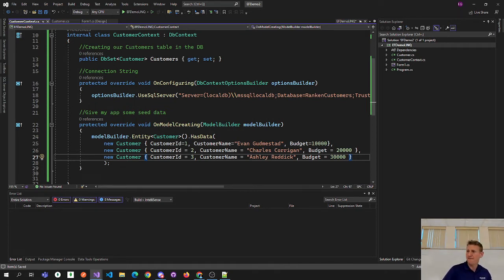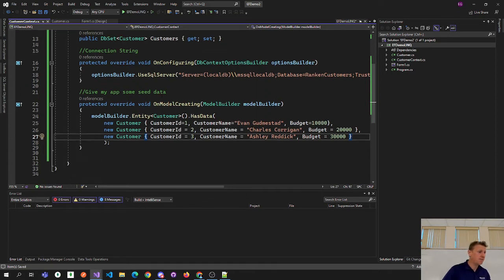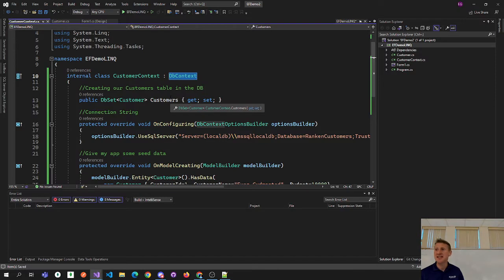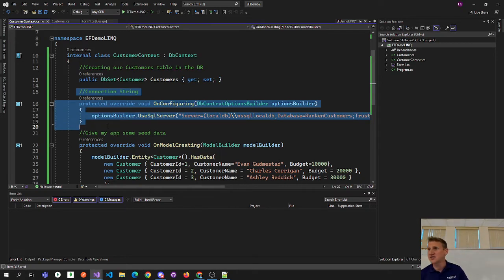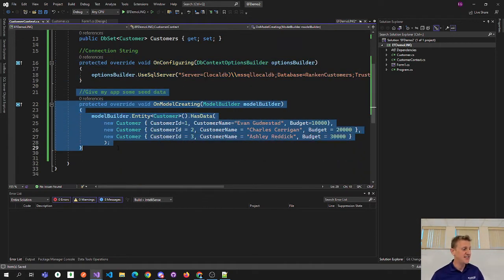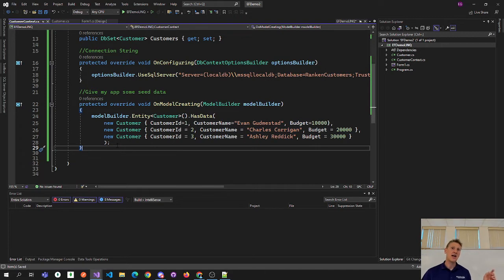the next step. Okay, and so we're now at the point we've created our entity. We've created this thing called a database context class that's going to help us tie in our classes to our database. We configured a table name called customers. We configured a connection string to our database, and we seeded that database with some seed data. Now there's 2 commands that you have to run to spin this up. Okay,